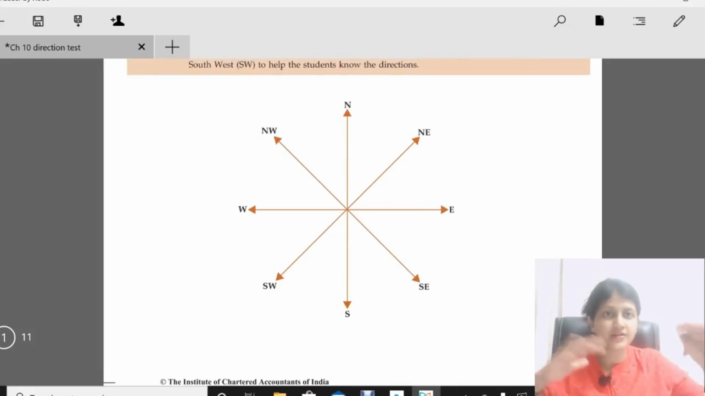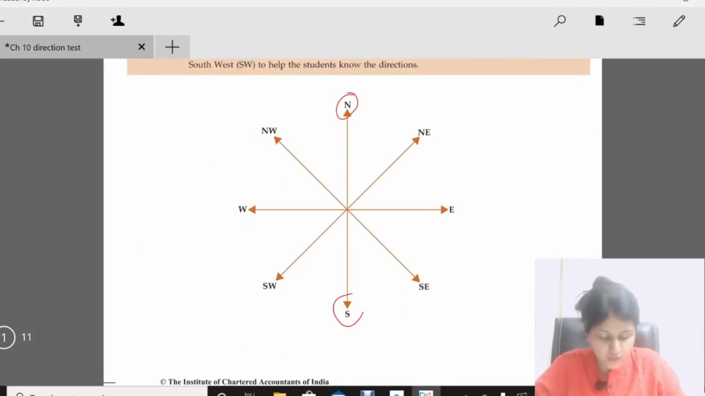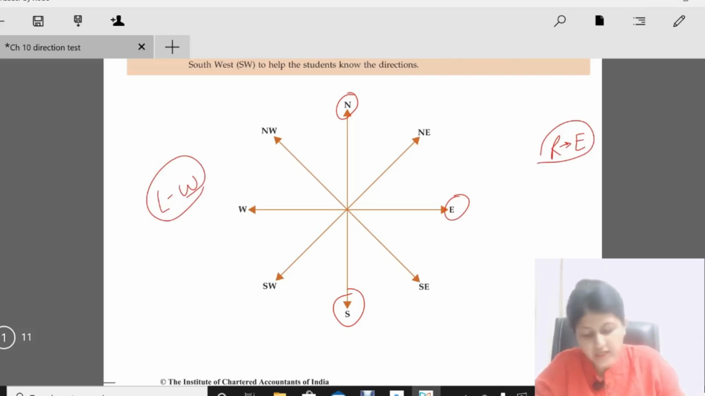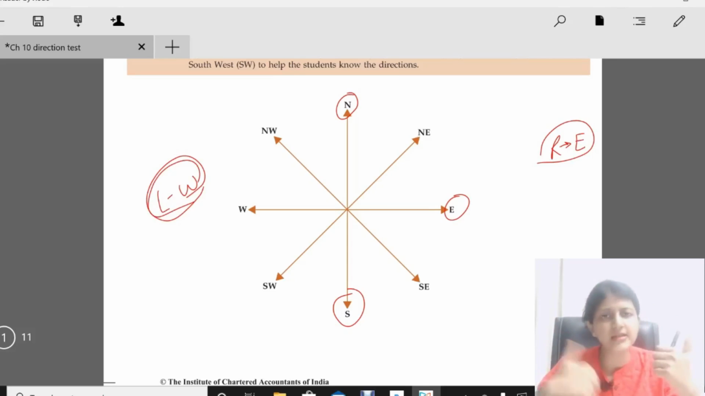First, let us understand the directions. Obviously, all of us know this is north and this is south. Usually, there is a confusion between east and west. So there is a very simple way of remembering it. Your right is always east. That means right is always east. And your left is always west. Okay? So, LW. If you remember this, right is east, left is west, then you're not going to make a mistake in